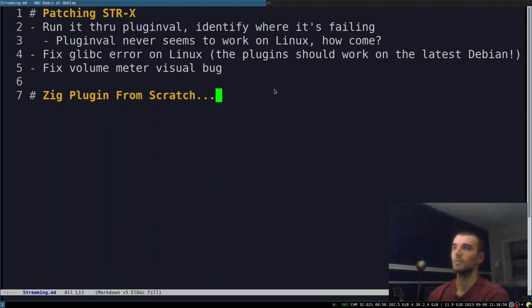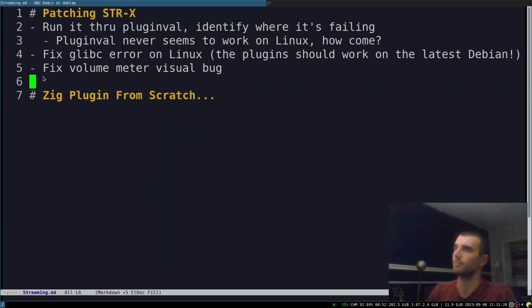So, the STR-X guitar amp, I think, is due for a patch. And I decided I wanted to do it this way because I thought it would be fun and interesting. So here we are. I've got a couple things on the docket and may not get to this next bullet point today, but it'd be nice if we do.